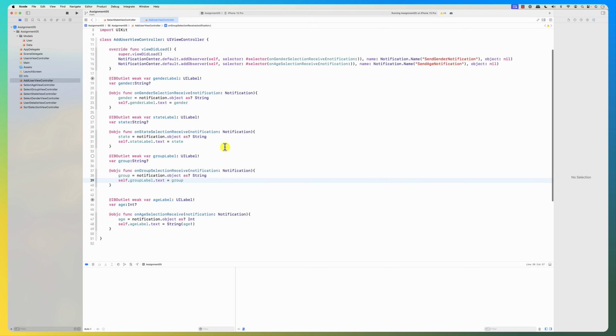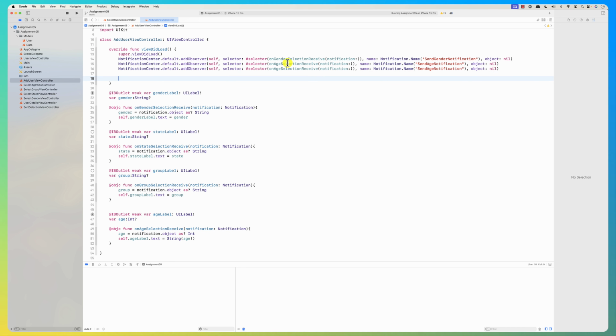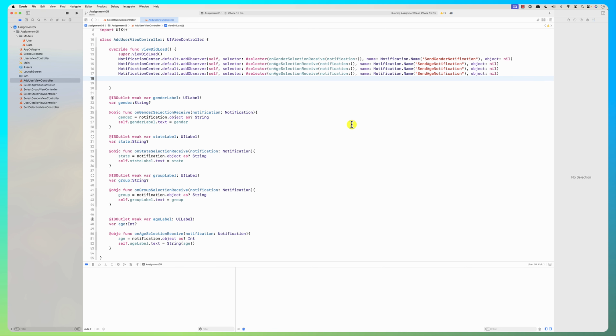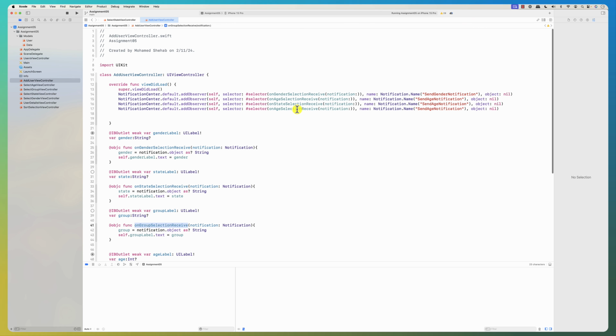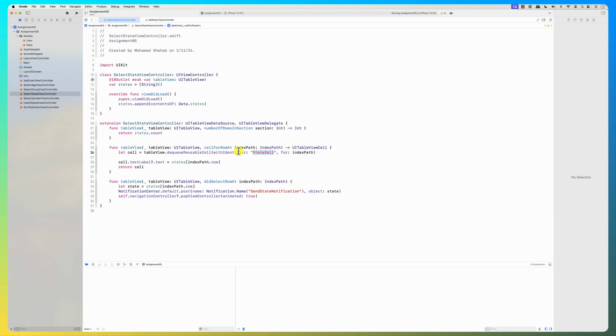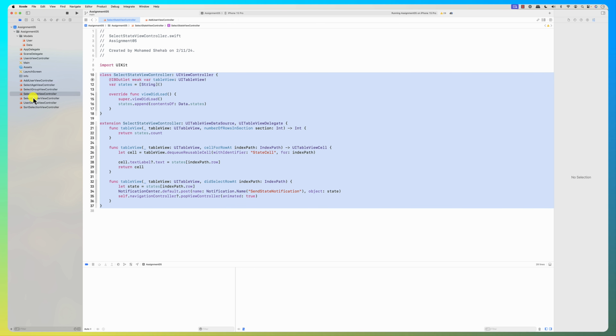All right, perfect. So now we do the same thing here. Okay, so on state selection, here it is, and then on group selection is the other one. Send state notification, send group notification. Right? Check something quick. Send state notification. Right, so I'm gonna copy this stuff from here to here, and the group stuff I'm gonna